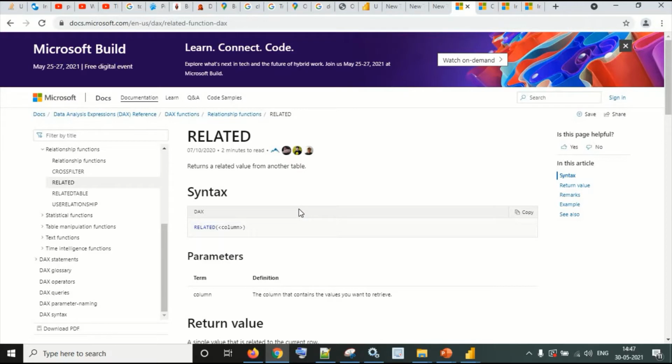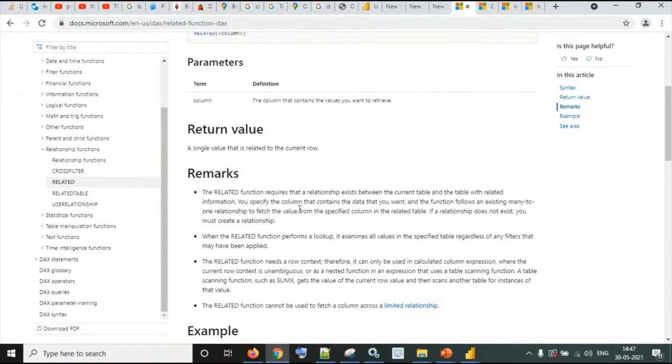The most important line in the definition is this many to one relationship. It says the RELATED function requires that a relationship exists between the current table and the table with related information, and you specify the column that contains the data that you want, and the function follows an existing many to one relationship.